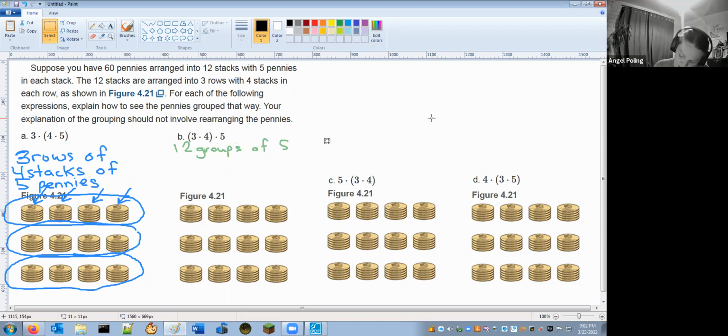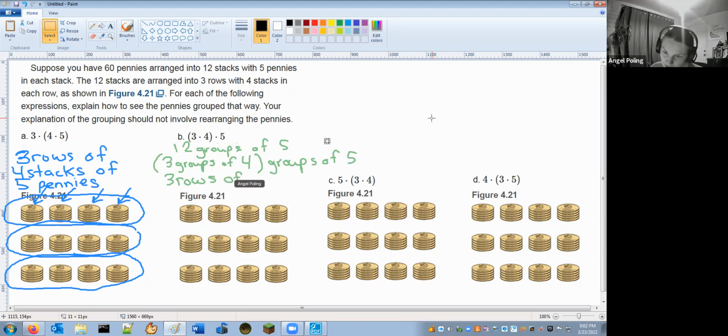So again, we need to look at what 3 groups of 4 means, right? So we have 3 groups of 4 groups of 5. So this is 3 rows